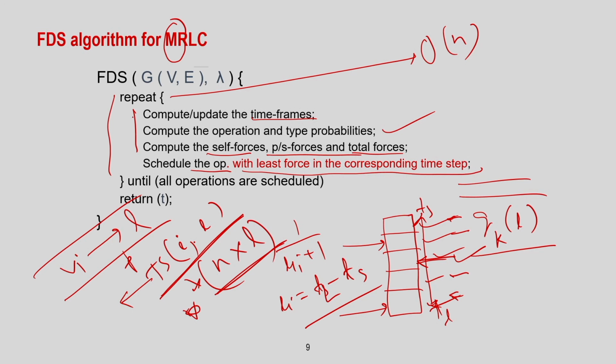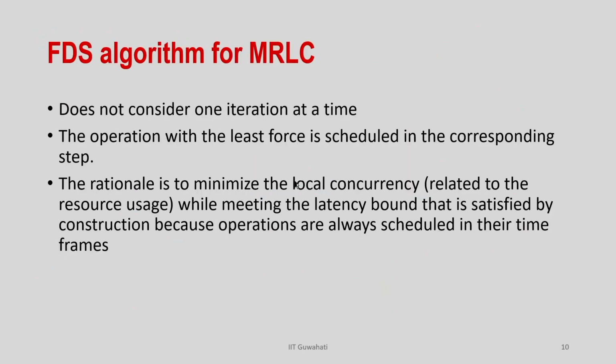So, I have to recalculate the whole thing again for all remaining nodes, and again I am going to select the least force and schedule that operation in the time stamp. I keep doing this until all my operations are scheduled. You already understood in the previous class that this is order of n square,